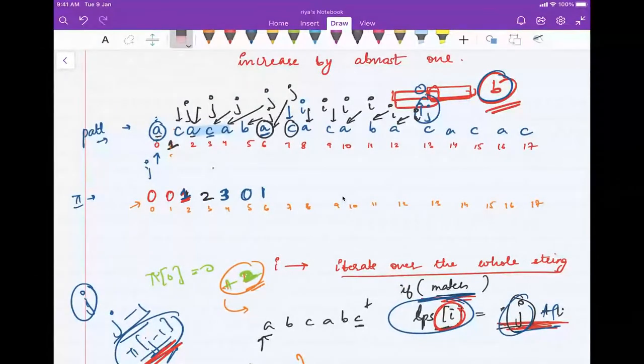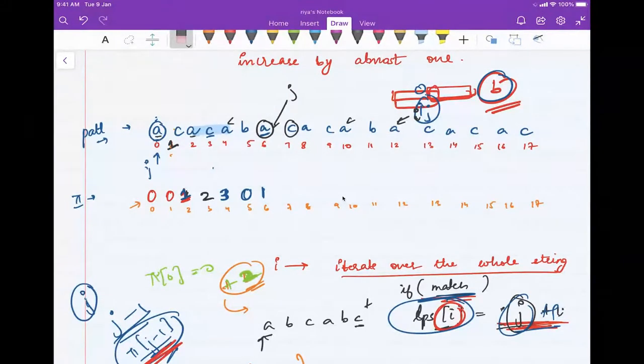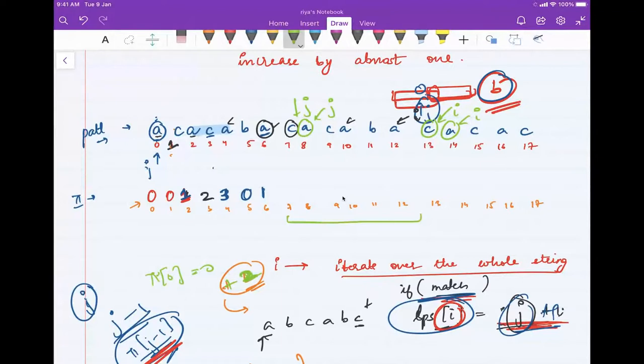Let me just reduce the previous pointers which were already matching, right? Now what will happen is your J pointer will come here, and your I pointer will come here. Now they again match. Now this I pointer will come here and this J pointer also comes here, and they keep on matching, right? So far we have been finding a match, and like I said, if you find a match you had